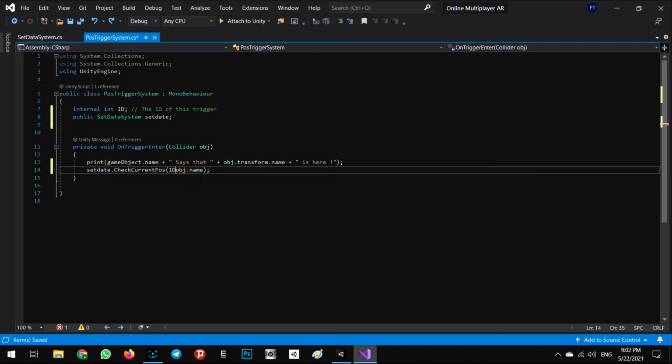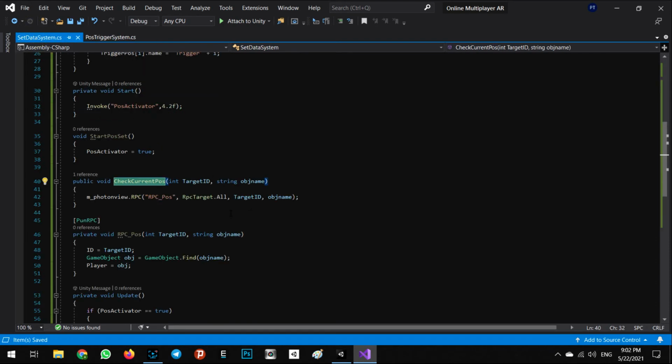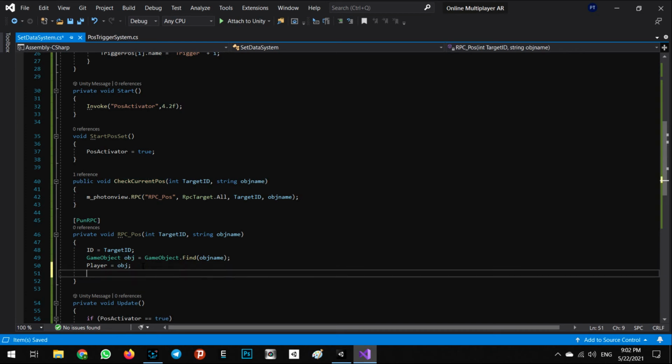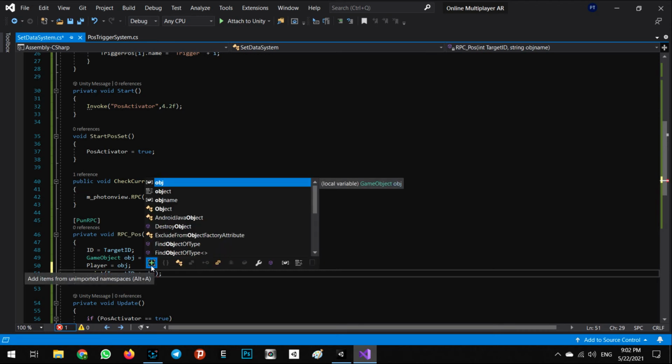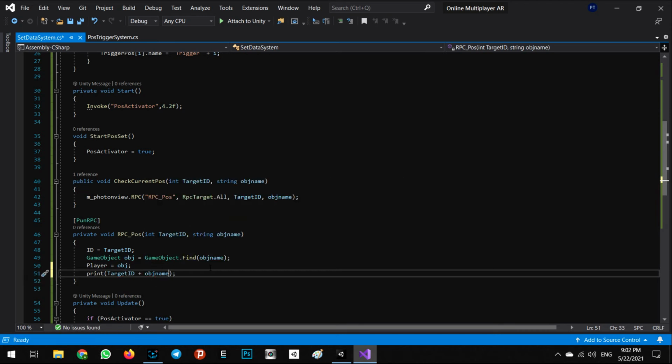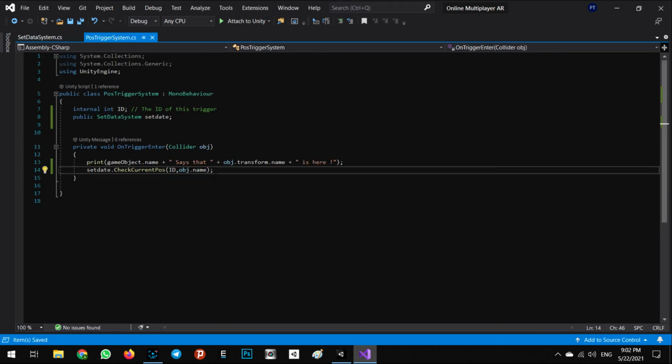Oh sorry, we need to add a comma in here. Perfect. So however, for better understanding, we can see the message received in here. For example, target ID plus obj name. Okay,